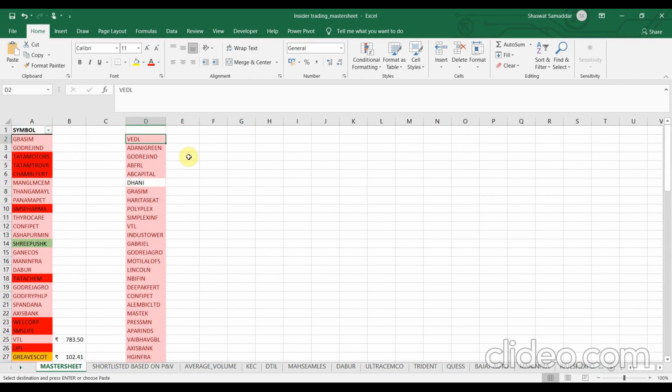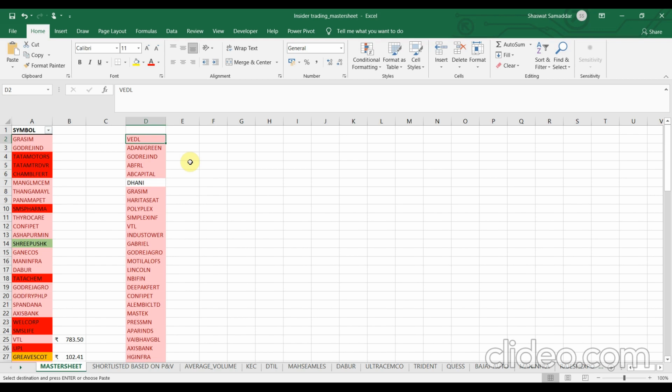So that's why we maintain an insider trading master sheet to make our job easier, so that I could know for which stocks I have already done the analysis, skip those stocks, and do the analysis for only those stocks for which I have not done it.